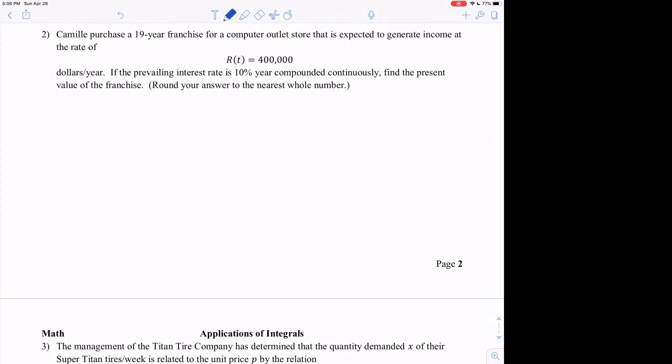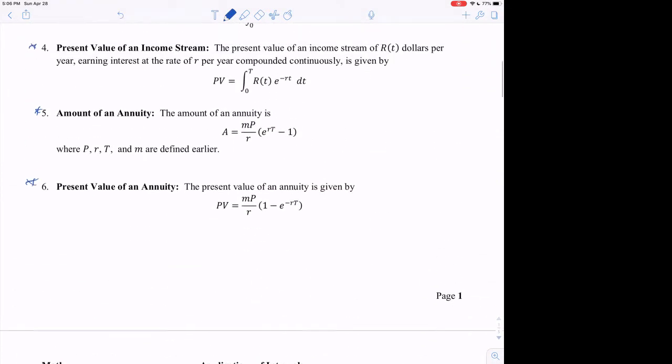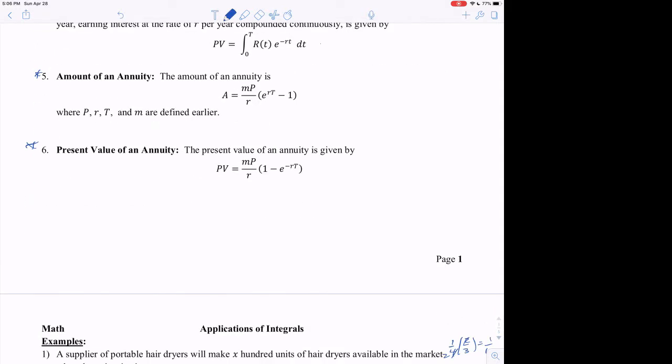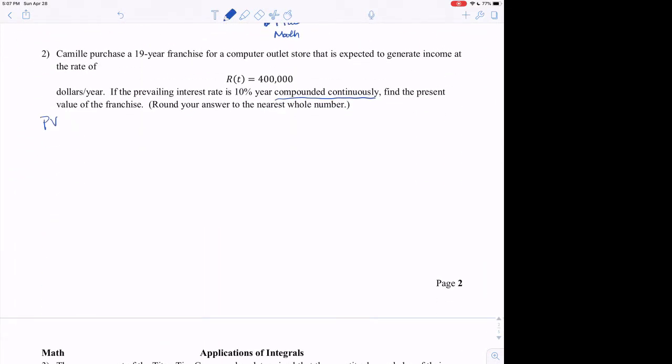Okay, example 2 is asking for the present value. And so how do you know which present value you want? It says it's compounded continuously, so you're going to want the income stream. So you're going to want this present value. So you're going to want the integral. So that's going to be the present value equals the integral from 0 to T of r of t e to the negative rt dt,